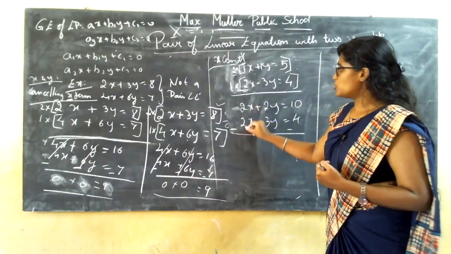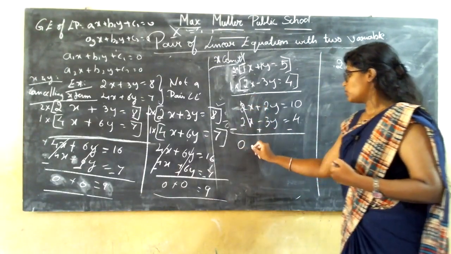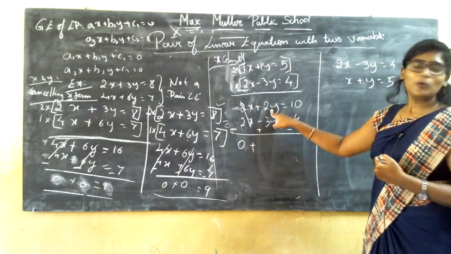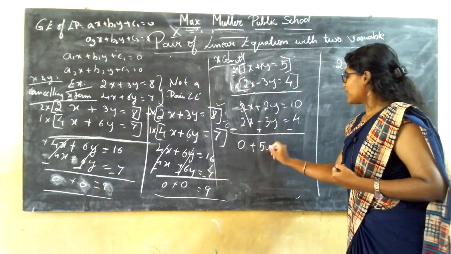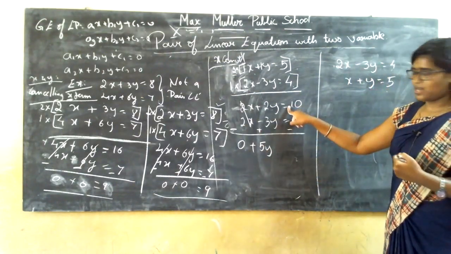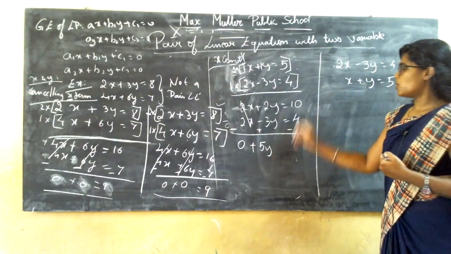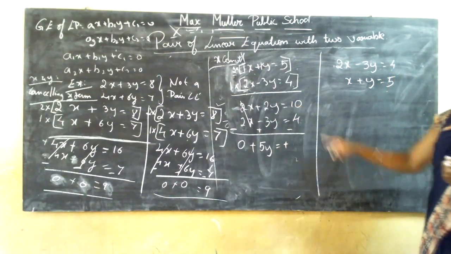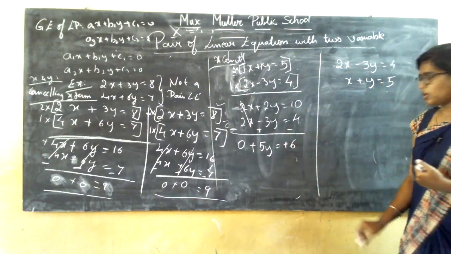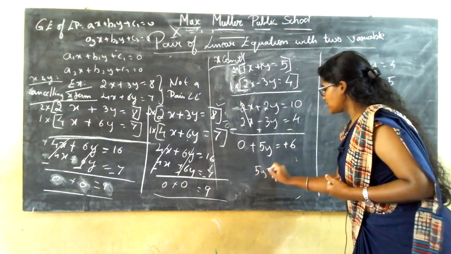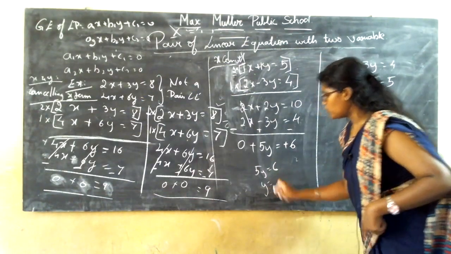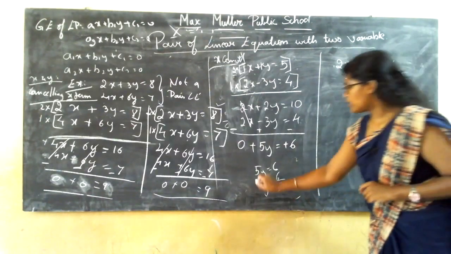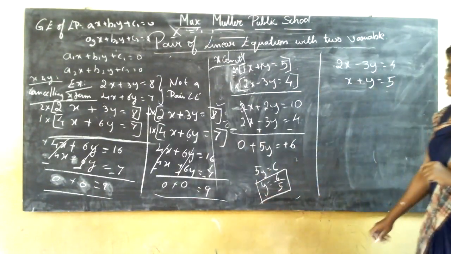Then plus 2x minus 2x get cancelled, and you will be remaining with 0. Then plus plus, both the signs are there, so let me take it as plus. Then 2 plus 3 is 5y. Here the highest number, that is 10, is there, and the least number 4 is there. So we are going to write the greater number's sign. Since both are different signs, you are going to subtract. 10 minus 4 is 6. Now what is the value you get? 5y is equal to 6. So you want the value for y. What is the value for y you get? 6 by 5.